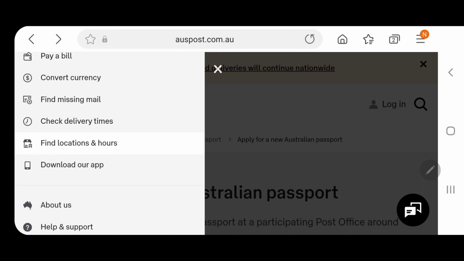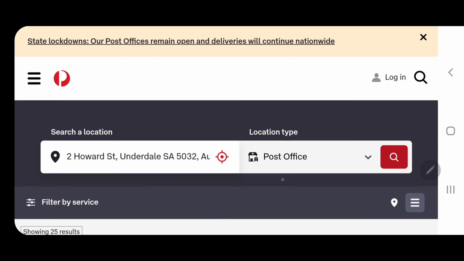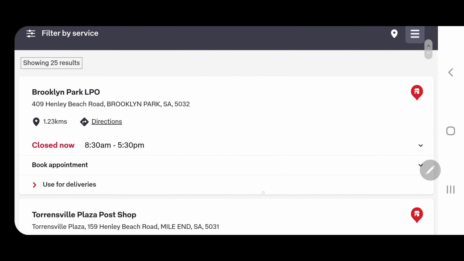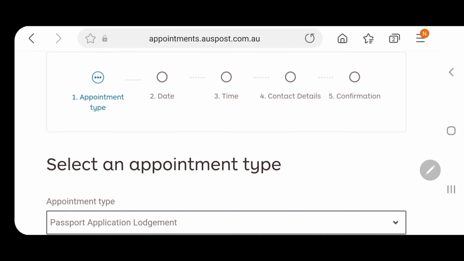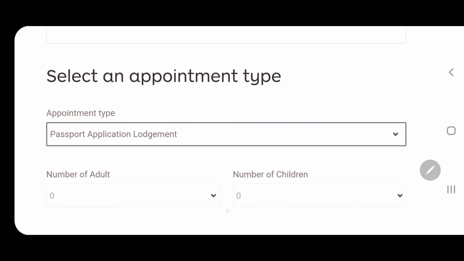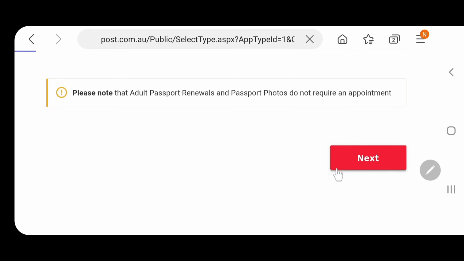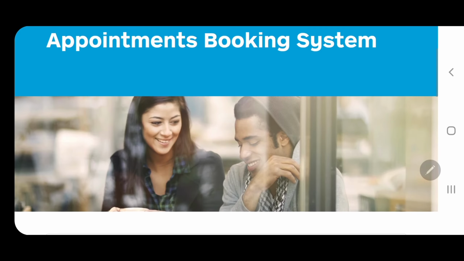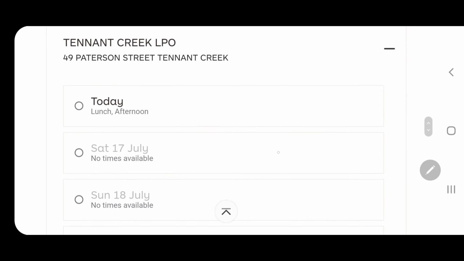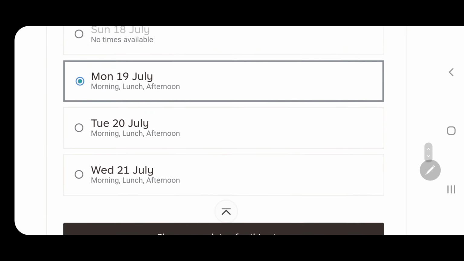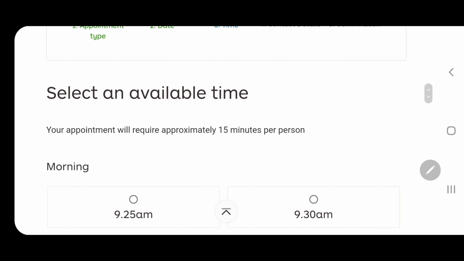To book an appointment with Australia Post online, just go to their website and book. And you may select the nearest Australia Post office to book an appointment. So select passport application lodgement and how many applicants, then click next. And then the date, you select the appointment date here. So let's say for example Monday, and then you click the next button, and then the time, you select the time available for you